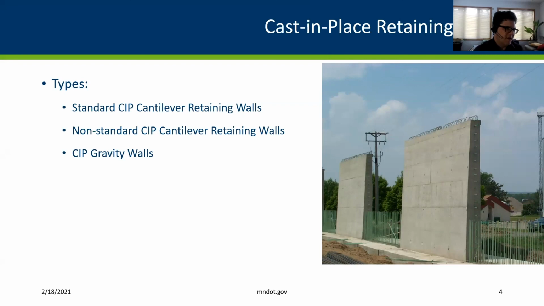We have this panel structure in most CIP walls because of the expansion and contraction expectations on the structure. That just makes sure that we have a better product in the end as the wall expands and contracts over its life. It's not going to experience an undue amount of stress because of the way it's constructed. I just heard you had an excellent presentation on aesthetics, so I'm not going to go too much into the detail of aesthetics on these walls because they are very much similar to what we would do on a bridge.